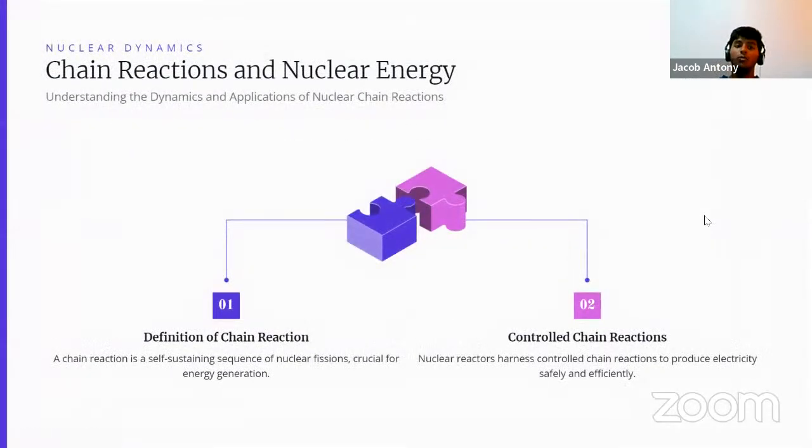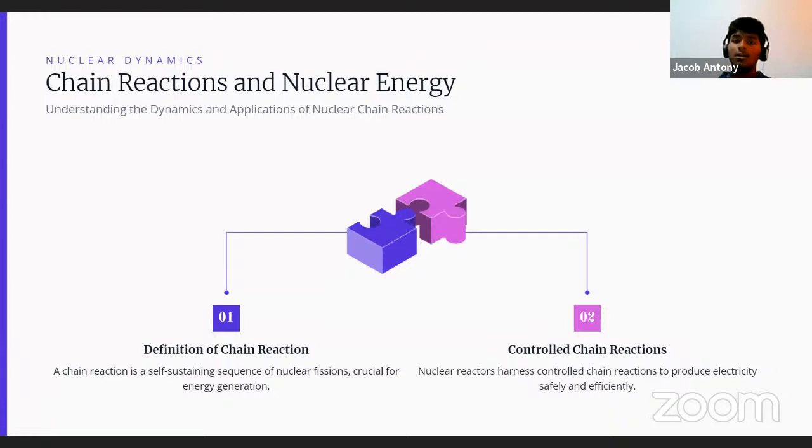So now we are going to be talking about chain reactions and nuclear energy. There are two types of chain reactions. One is a normal chain reaction and one is a controlled chain reaction. So a chain reaction in nuclear physics is a process where a single nuclear reaction causes one or more additional reactions to occur. This happens especially during nuclear fission,